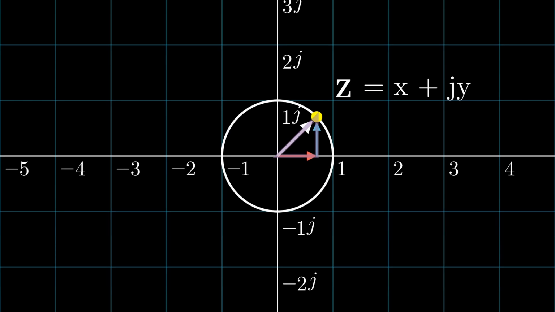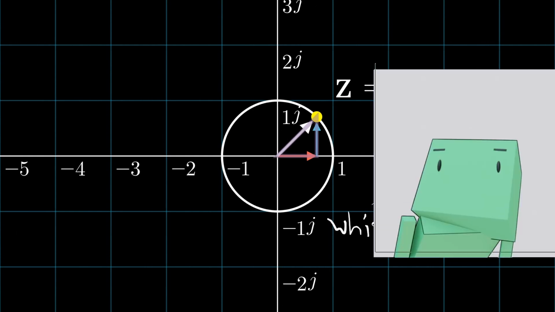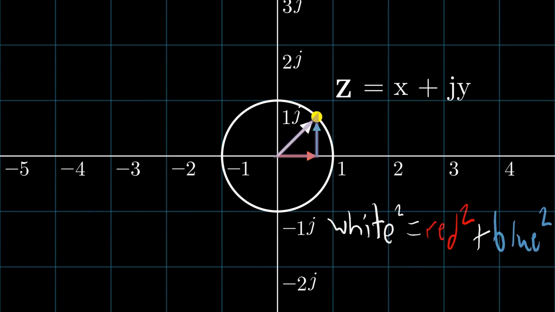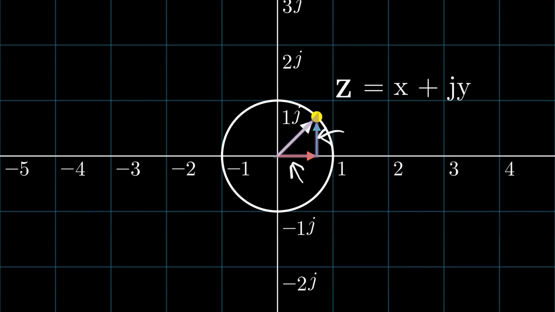But since we are dealing with a triangle now, we could easily work out the length of this vector here by finding its hypotenuse using Pythagoras' theorem. Also, a vector is just like a line with a direction. This thing is a vector, a line with a direction. Okay, cool. Now, admittedly, to use Pythagoras' theorem, we do have to know the lengths of each side, but since